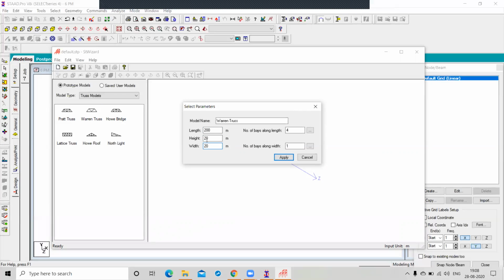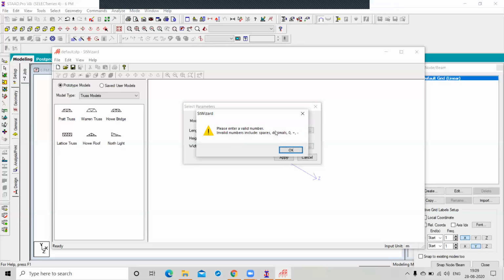Okay. Now this is the number of bays along the length, meaning the length is divided into how many parts? 4. So the 4 is fixed, or you want to enter any other number? 5, 6?